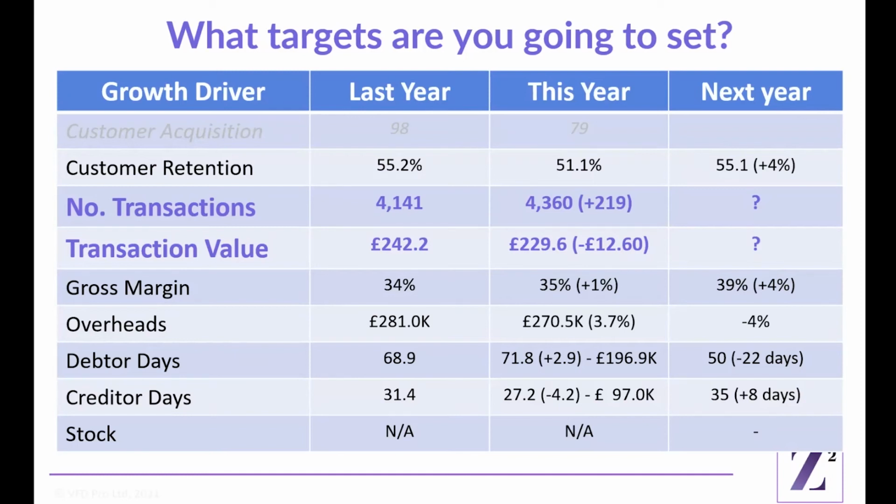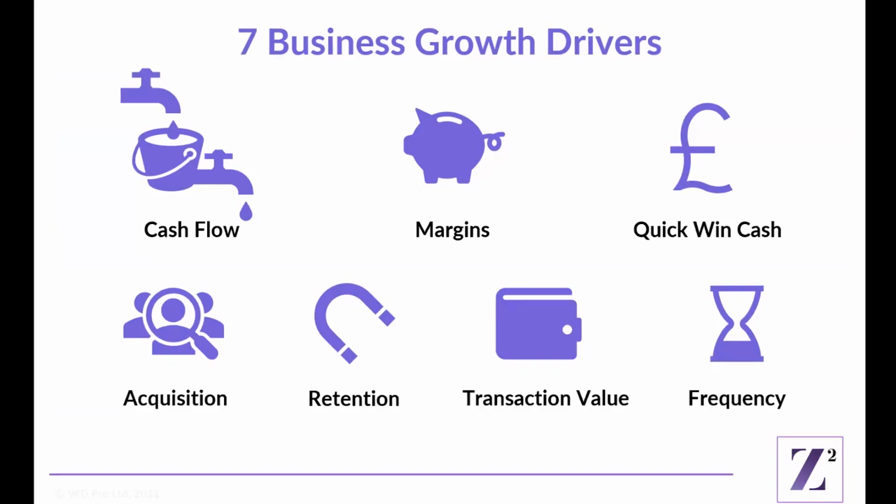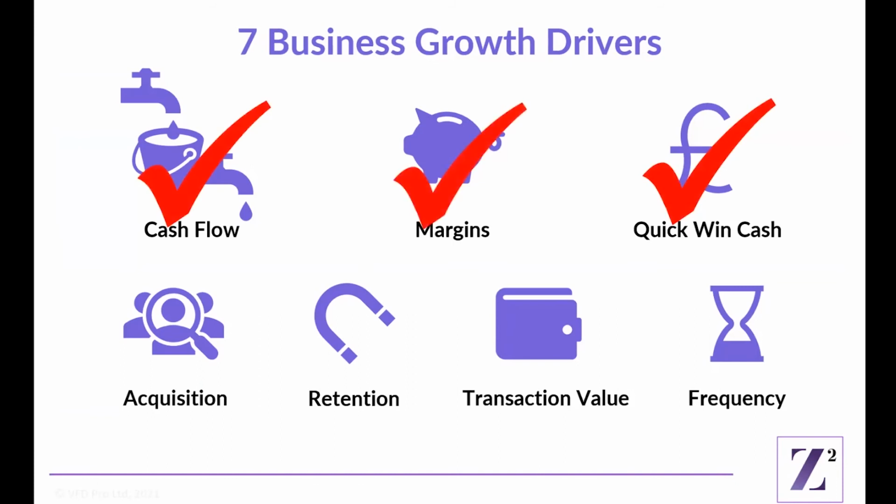Looking back at Alex's business, we will look at the financial impact of improving the transaction number and value next week. In the meantime, we've now covered cash flow, margins, quick win, cash, overhead and retention. We've now discussed gap analysis and cross-selling, which is the first half of the process of working towards transaction value and purchase frequency, which we'll work on in more detail to give you practical ideas and strategies that you can deploy in your business, and that'll be next week. In the meantime, are there any other questions or is there anything anyone would like to run through again?